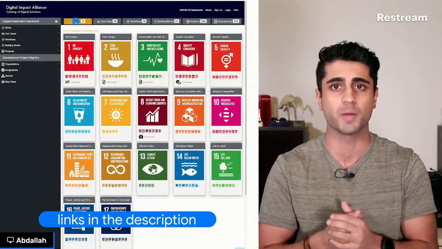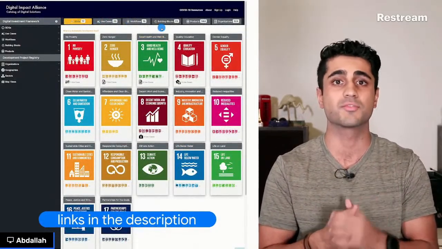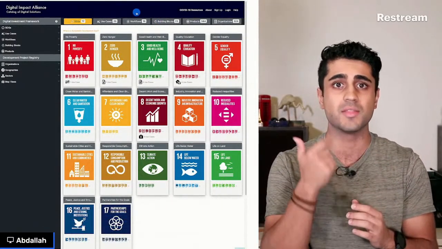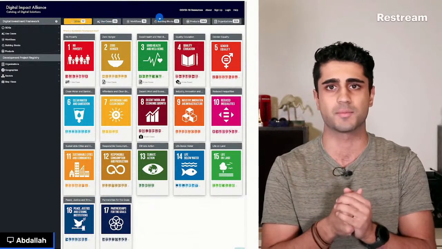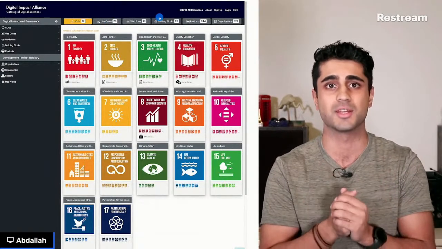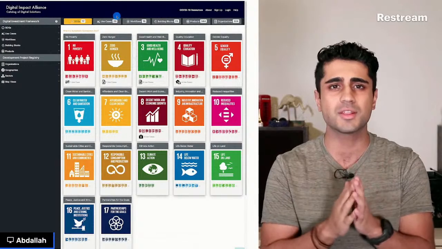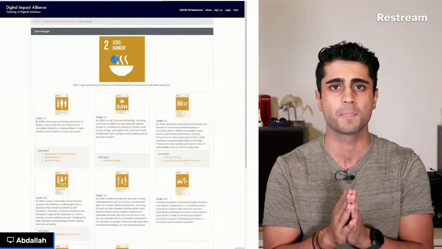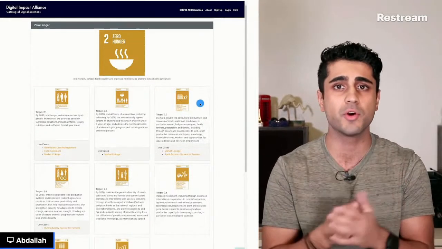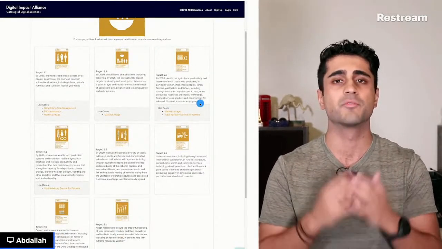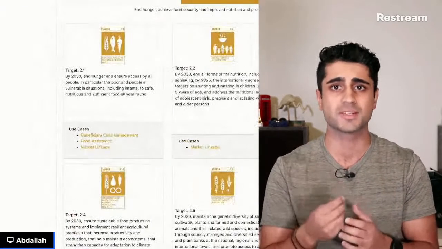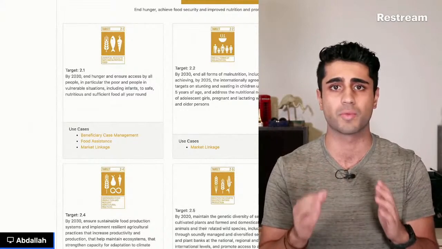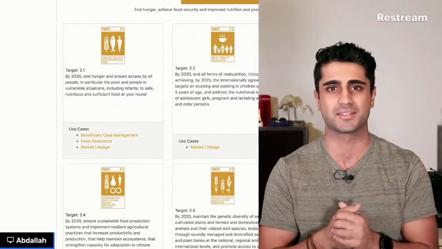Another great site that can really help you generate solution ideas is DIAL, which stands for Digital Impact Alliance. We're going to focus on two tabs, SDGs and the building blocks, but I urge you to look at the other tabs. They're just as useful for your ideation stage. Okay, so let's look at the SDGs tab and take a look at Goal 2, Zero Hunger. This goal has 8 targets, which help you focus on solving a certain aspect of the goal. For example, Target 1, which summarizes as end hunger by ensuring access by all people to good, healthy food all year round. Okay, so immediately ideas start to spark.